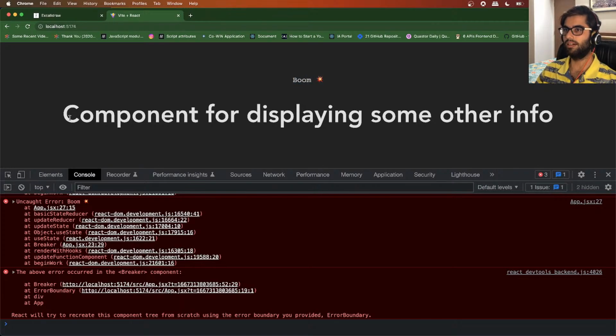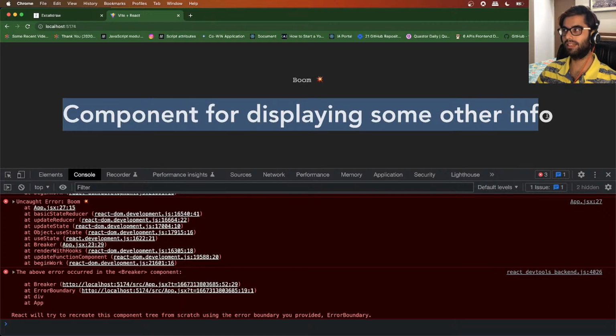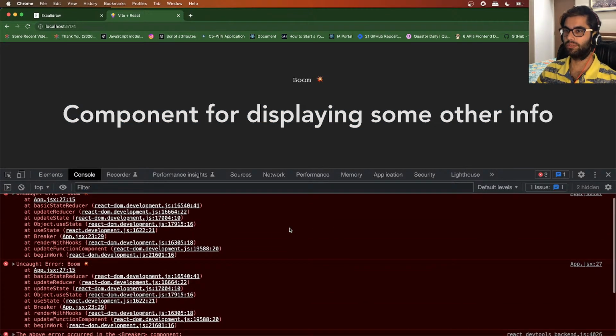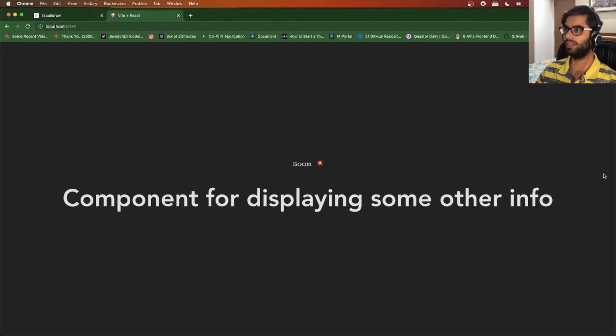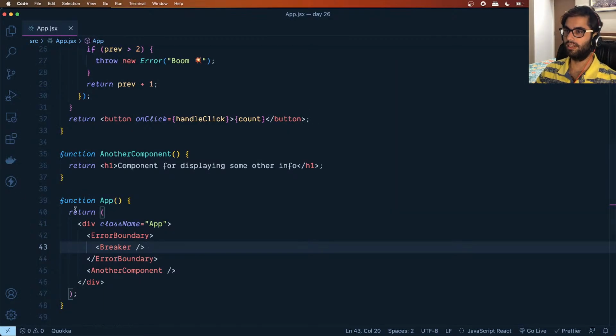Okay, and our other component is intact. So we are still able to see the error message in the console so that we can rectify the error. But the user is no longer getting a blank screen, whereas earlier they were getting a blank screen, right? So this is the benefit of using an error boundary. It allows you to handle errors within your React components gracefully. All right, and another thing that we can do is